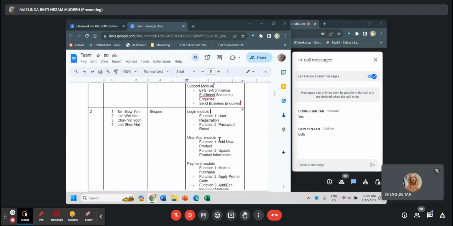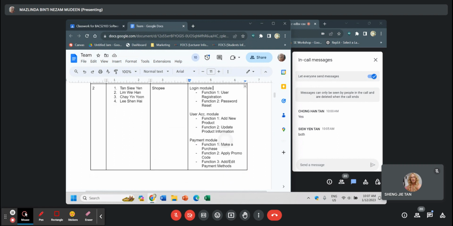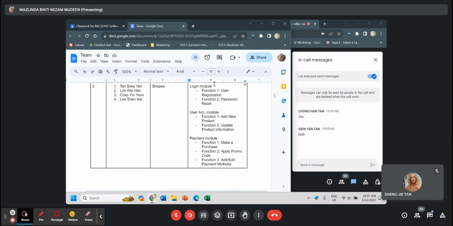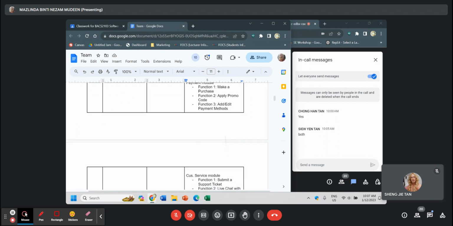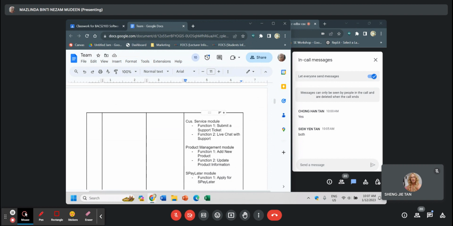So combining modules here is no problem, but you just indicate it, because when we say login module or user account module, we have both sides. That's why I asked just now whether we are referring to the buyer or the seller. Do you get what I'm saying? Yes. And basically, do we have to choose one module, or can we do a mixture?